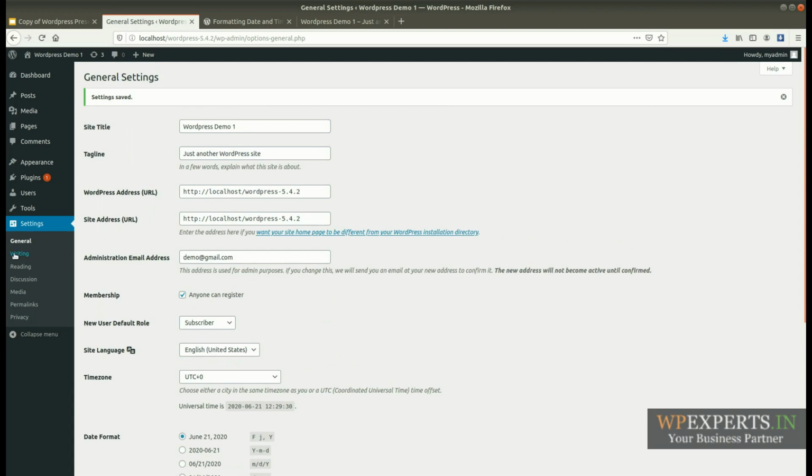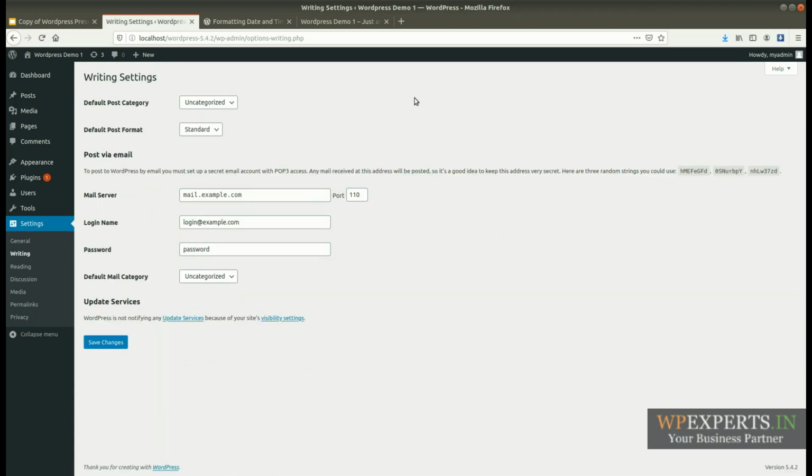And let's come to the new setting, writing. Okay, so this setting is also very important on a WordPress website: default post category. Here you can see the option to define the post category.